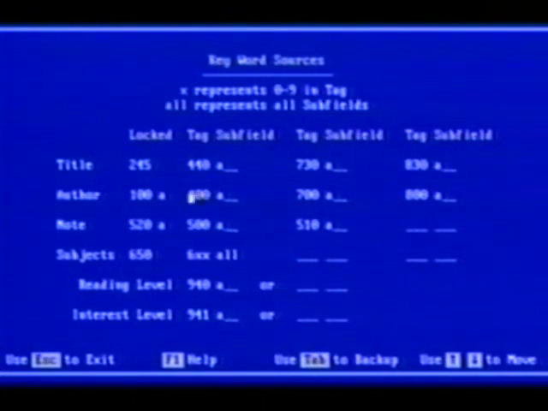You can do the same with authors and note fields and subjects if you would like to include more than just the basic tags, having keywords come from more places. Reading level and interest level are optional. If this information is in your records, then you can indicate the tag number where that information is. The program will then build keywords from the reading level and interest level tags. When you are done,